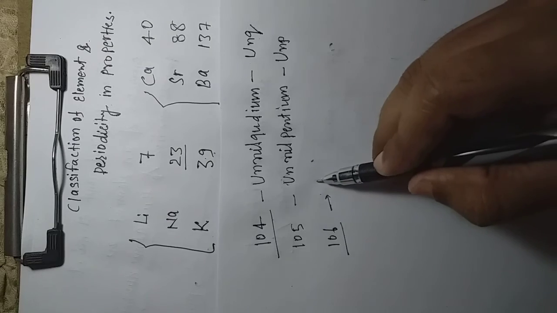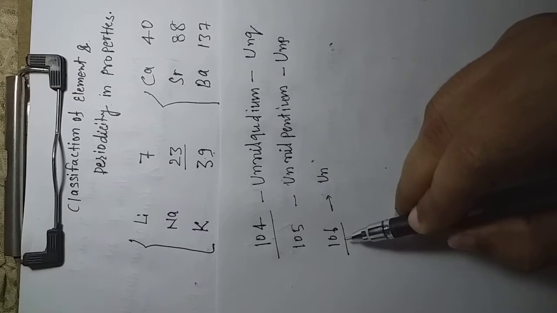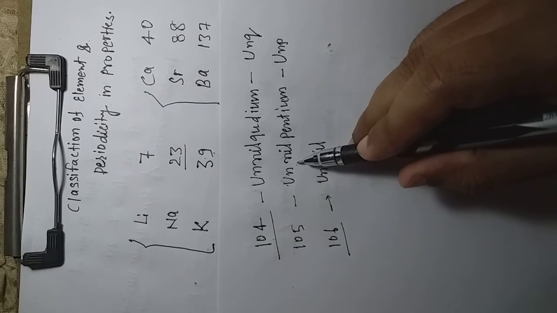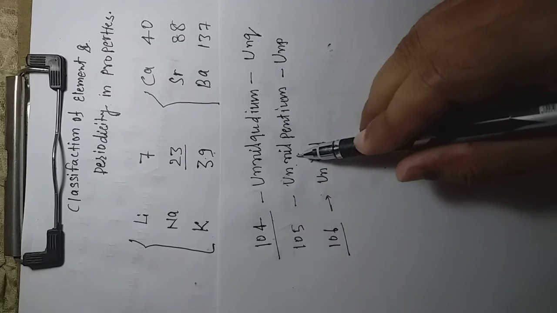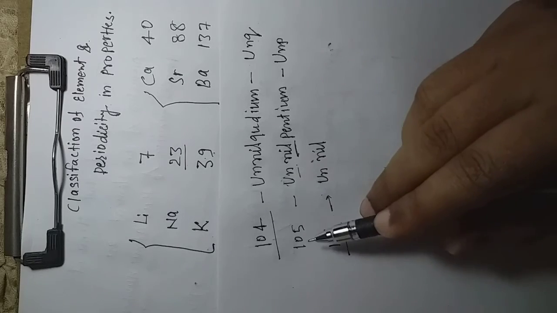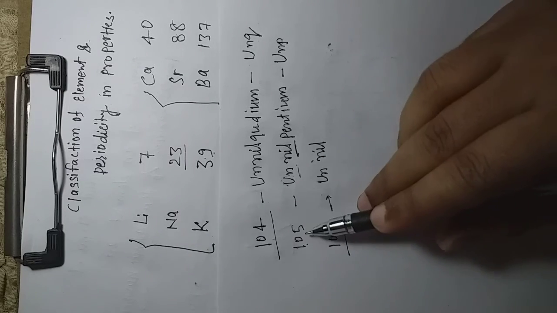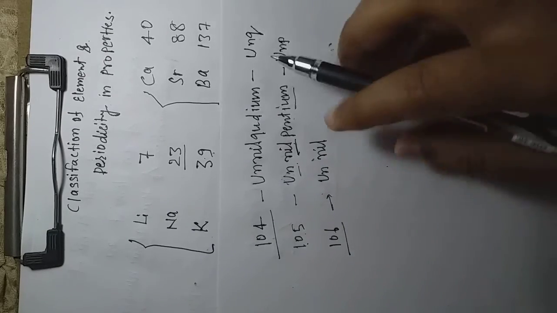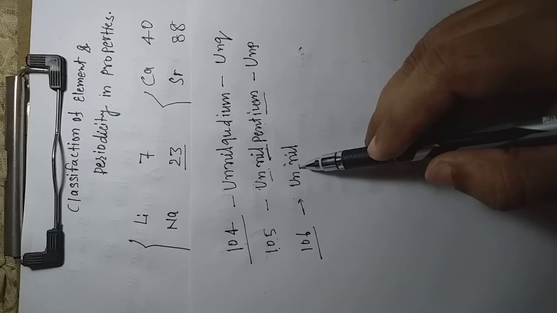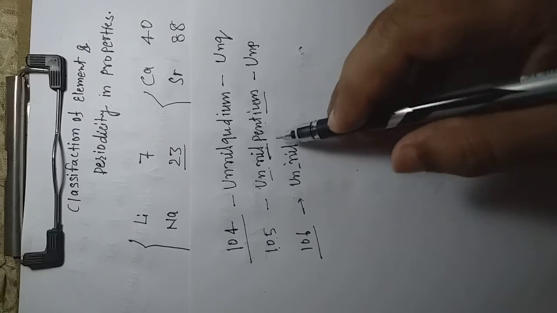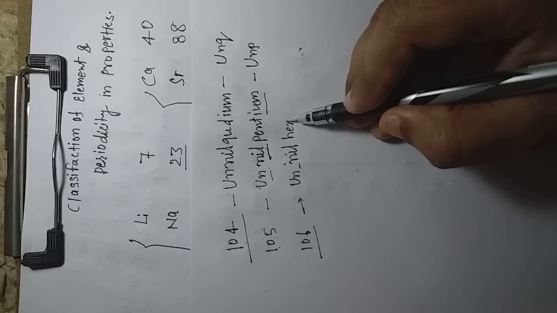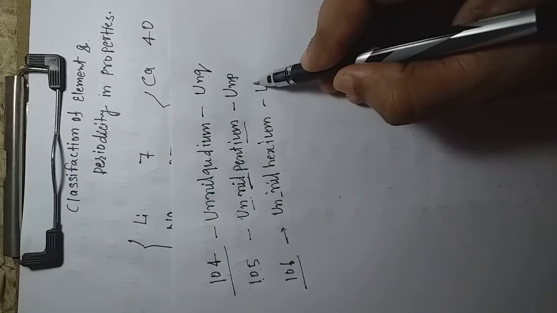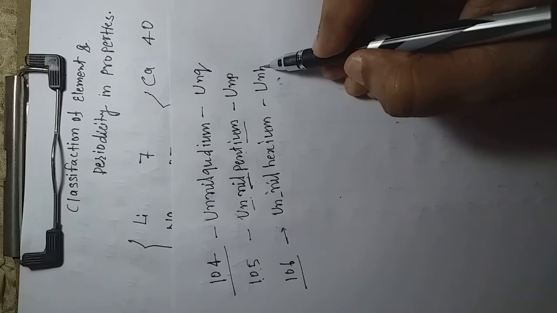So 106 is somewhere, un is for 1, nil for 0, hex for 6. I'm writing a little separated, but you don't write it separated. Why was I writing it? Because you will easily analyze it. 1 is responsible for un, 0 is responsible for nil, and 6 for hex, and ium is the suffix. So I'm writing it, but it is not necessary for you to give the gap between them. Un, nil, hex, ium, right? And symbolic representation is also essential for all of us. So you can write U, then n, then h.